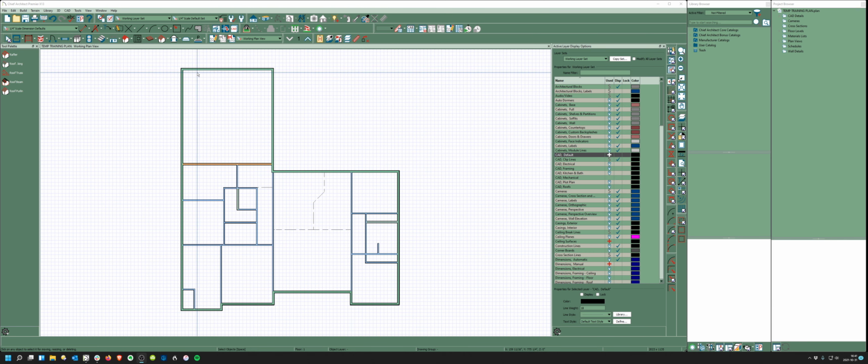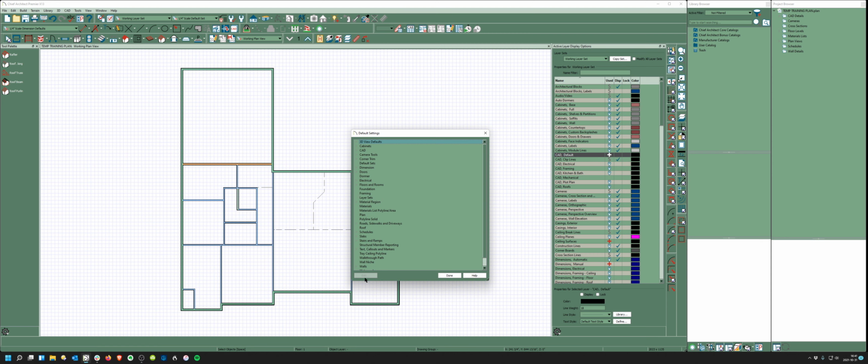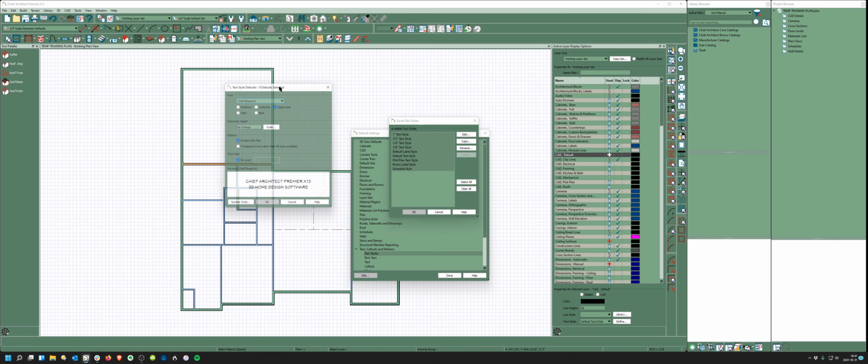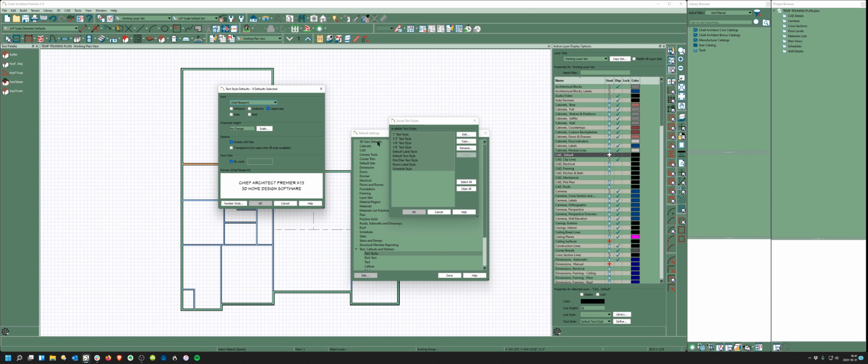So first off, this has nothing to do with the plan. I don't like Chief Architect font. I know that sounds petty. I just don't like it. I don't like that handwritten look. Chief Blueprint. So what you just saw me do was I went to text styles, I highlighted them all, edit,